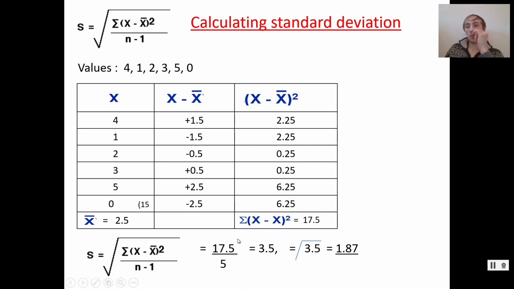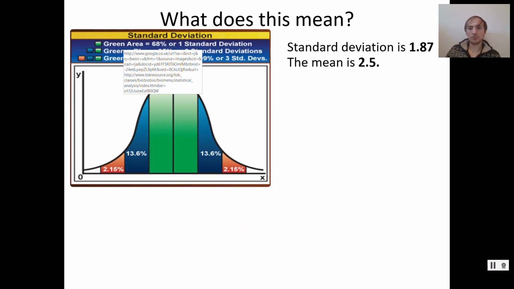Now, that's standard deviation. Standard deviation is 1.87, and that's as simple as it is. It's not simple, is it? But it's not as complicated as this sum makes it look. We're going to do one more, and then we're going to do quite a lot, unfortunately, over the course of the next few lessons because they are really essential. But before we do the one more,